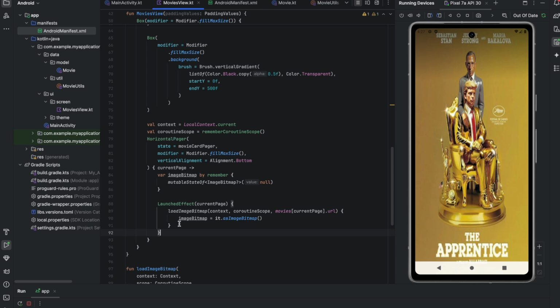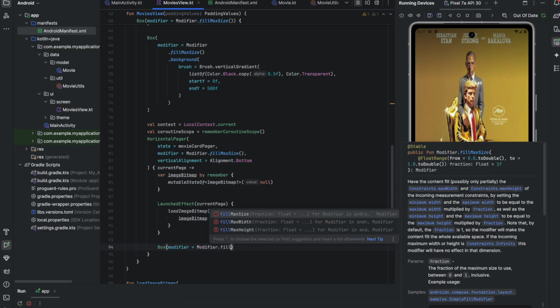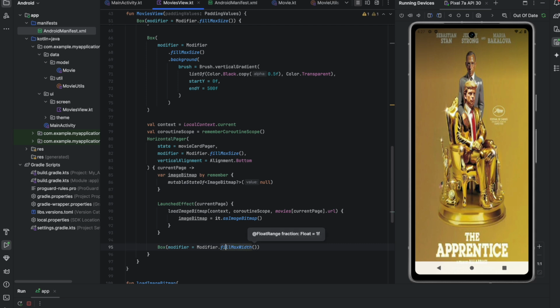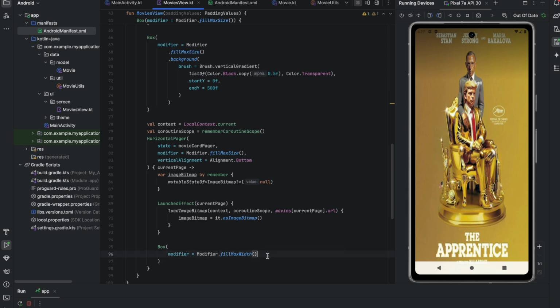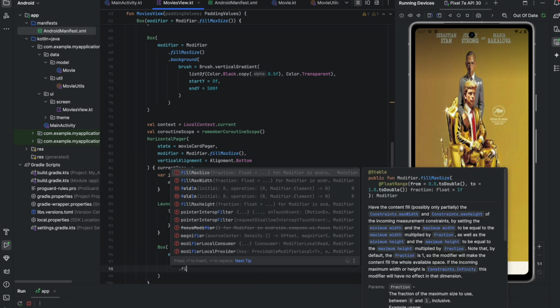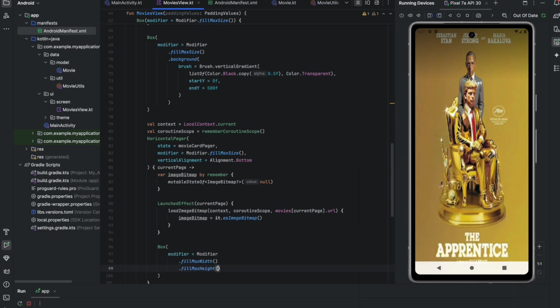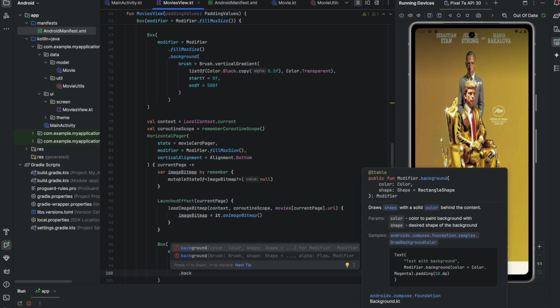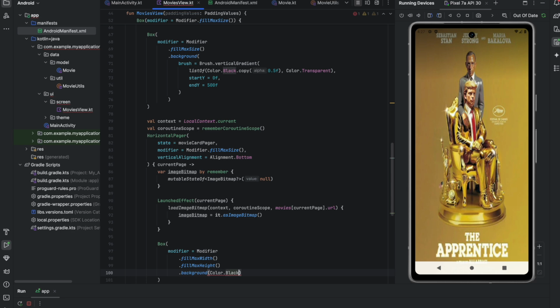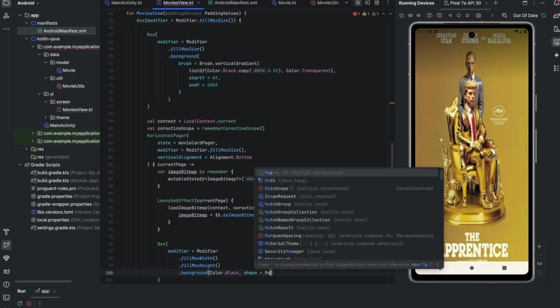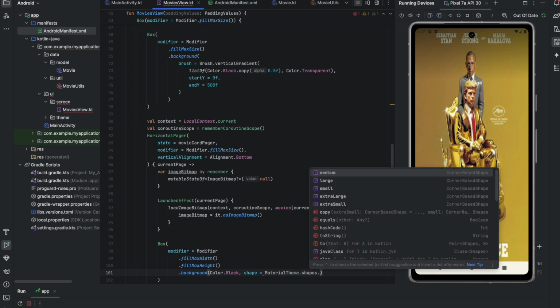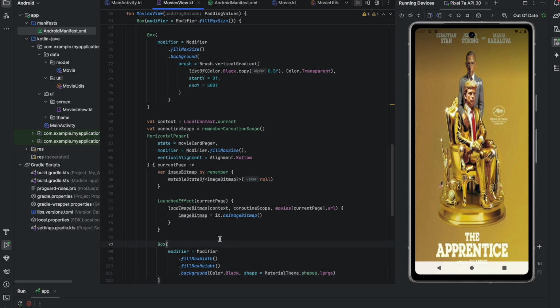Now we need to apply it to our canvas. So for building the canvas, we will first add one Box composable with modifier equal to fillMaxWidth, fillMaxHeight, and .background will be Color.Black, shape will be MaterialTheme.shapes.large. Okay, now